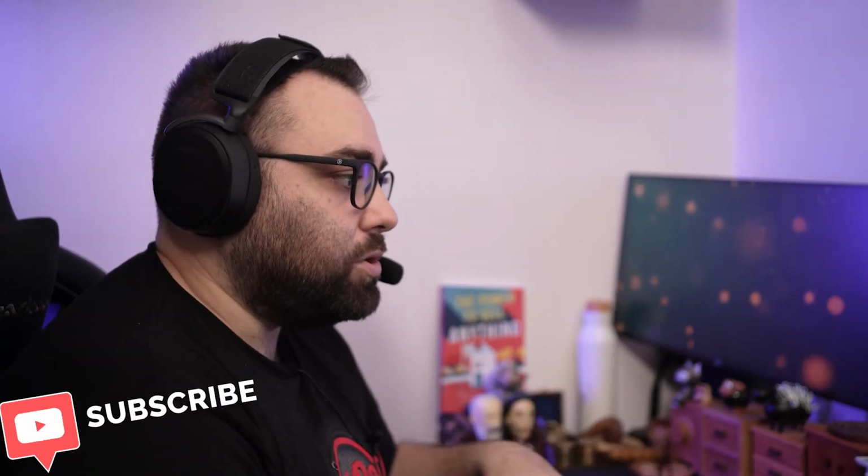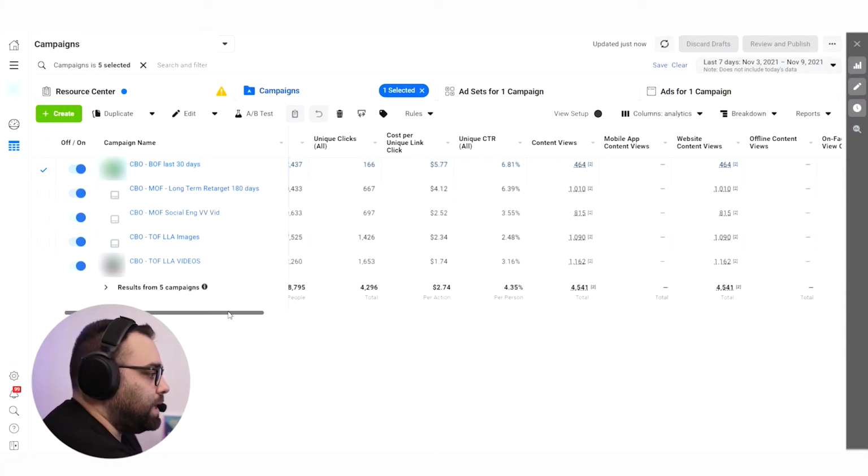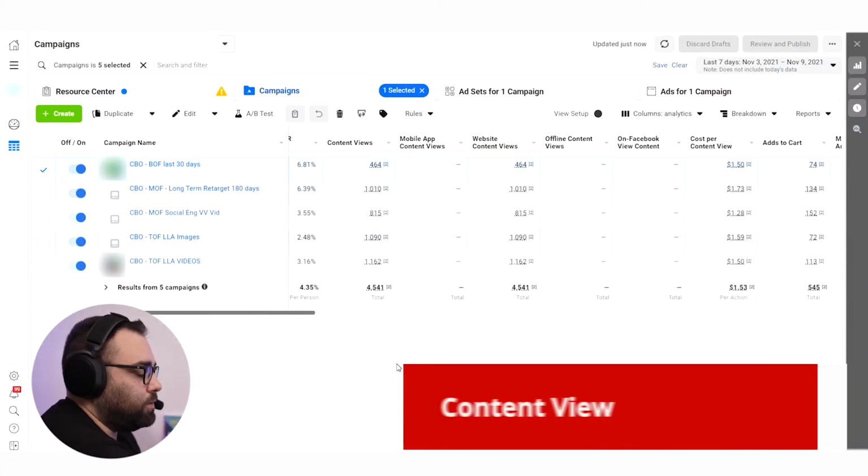Of course, this doesn't mean that you will not try to always improve your cost per unique link click. But at the end of the day, it's very important to understand that each account is extremely different, okay? And each account is going to have different metrics that you will have to find on your own by doing ads. And the unique CTR is a very good metric to help you understand if these are good metrics or bad.